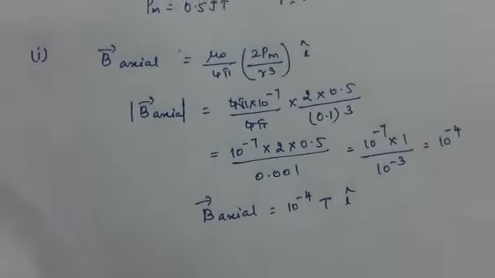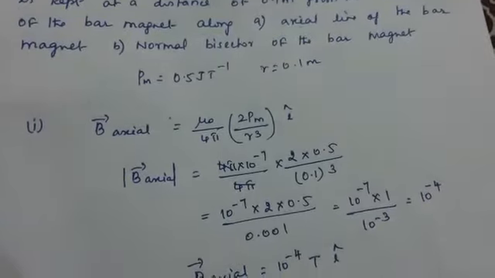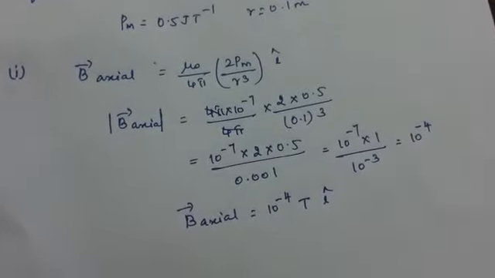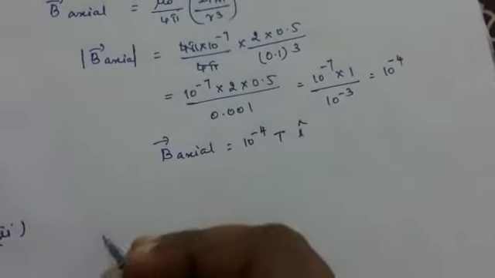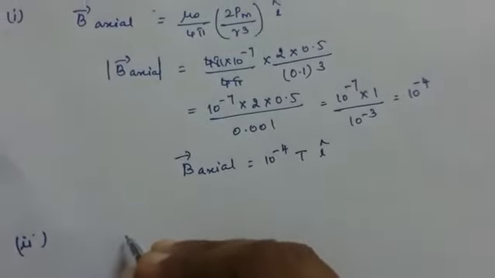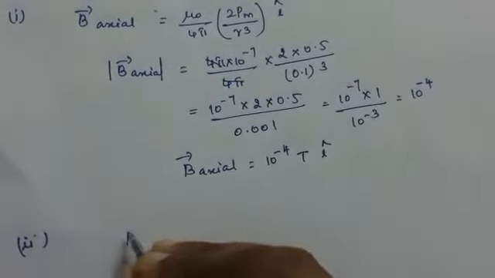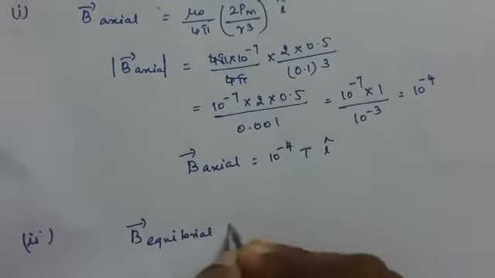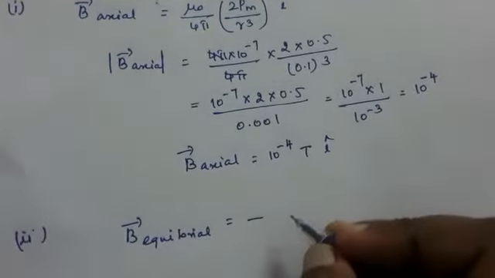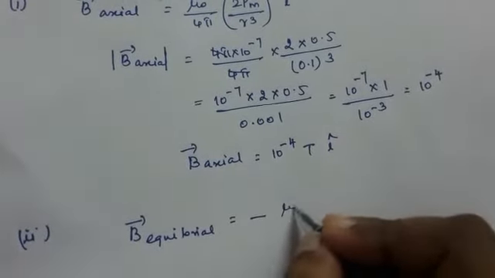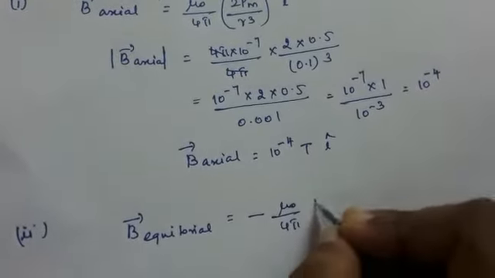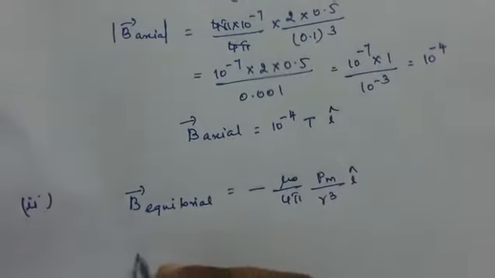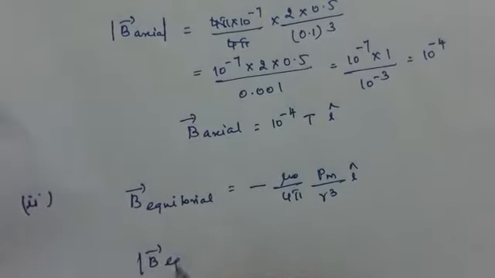Now the second part is, you have to find out the magnetic field on the normal bisector of the bar magnet. The point lies on the normal bisector. So you have to find out the magnetic field here. So it is B equatorial. For B equatorial, the formula is minus mu 0 by 4 pi Pm by r cube into i vector. So finding the modulus value